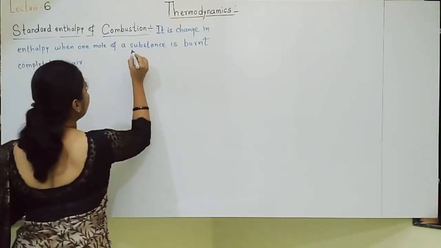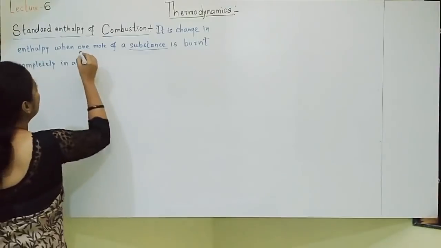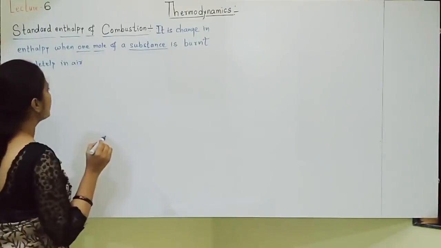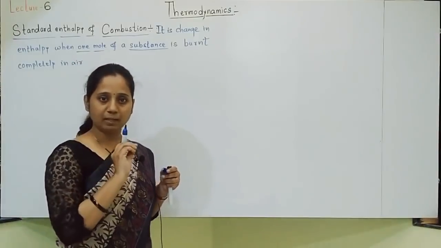Students, see, who is burning? Combustion means burning. The substance is burning. How much? 1 mole. So when 1 mole of a substance is burnt completely in combustion, the substance should burn completely